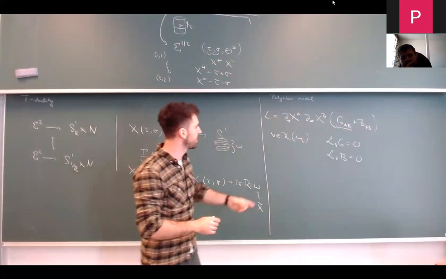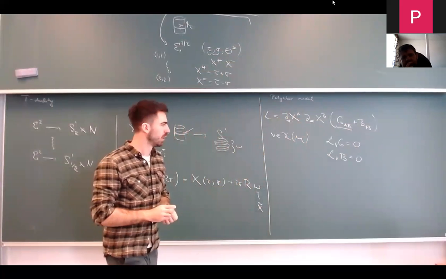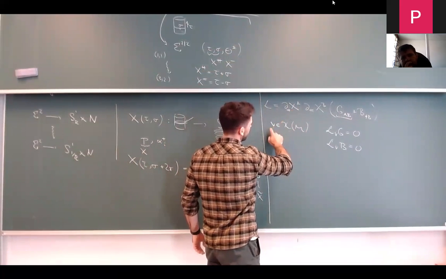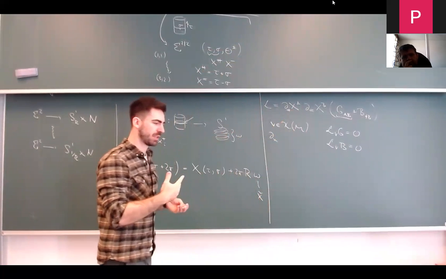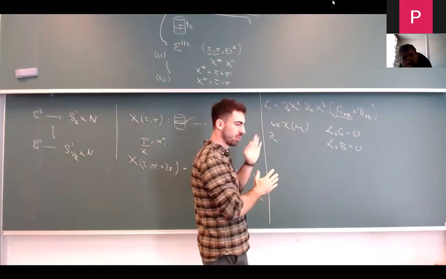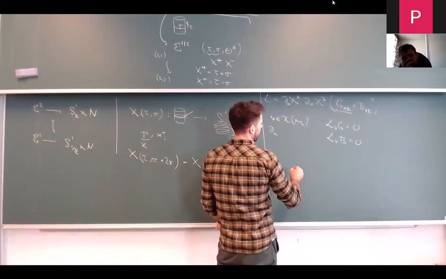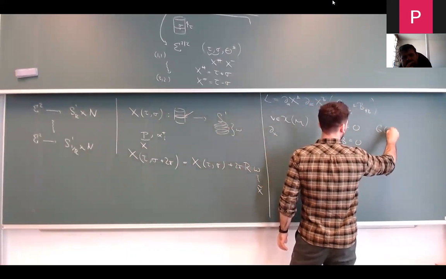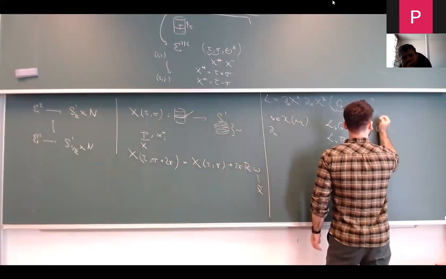It has a shift symmetry in the coordinate adapted to that direction of the Killing vector. So if I choose the coordinates such that this vector is a coordinate vector field, this will basically mean that my G doesn't depend on that particular X. So there will be no dependence